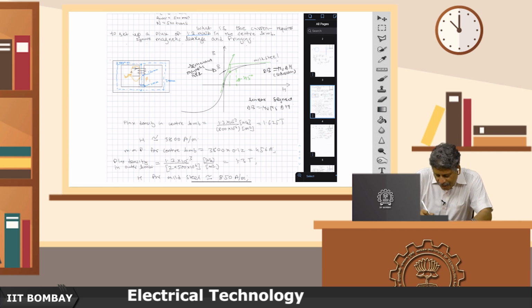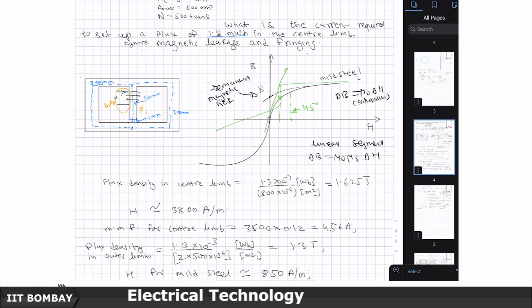These points where it comes and intersect, this is called a knee point, which is to say that after the knee point the saturation starts coming in. So empirically you can say that if I want to design a magnetic circuit, I should not cross the knee point, because if I cross the knee point, then I will not get the advantage of using iron, because now